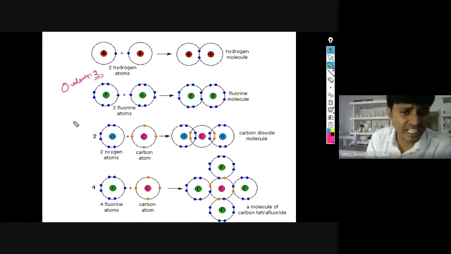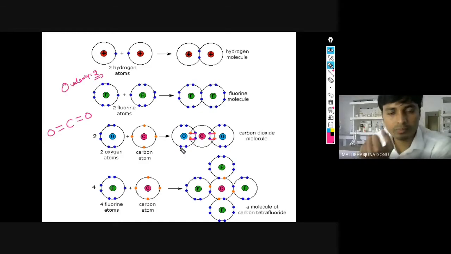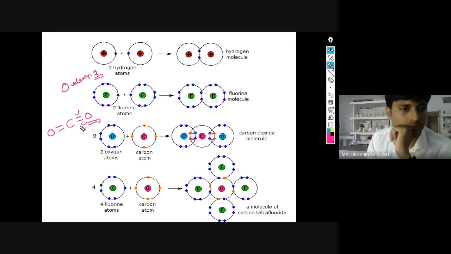Let's say, for example, in the case of carbon dioxide, I have given, all of you have written like this, CO2. You can see here, this is 1 bond, this is 1 bond, this is 1 bond, this is 1 bond. That means that with oxygen valency only that many bonds will form. So what is the valence of oxygen? 2. So that means it forms 2 bonds.